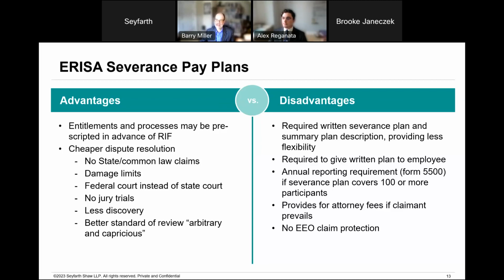What it does tend to save you some amount of headache in regards to are disputes about how much severance pay someone should receive or whether they're entitled to severance pay under a given plan at all. So if those things are valuable to an organization, then an ERISA severance pay plan may make sense.